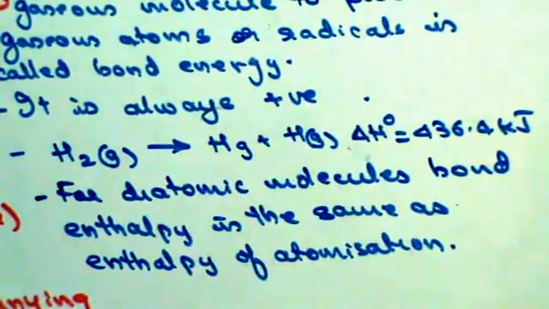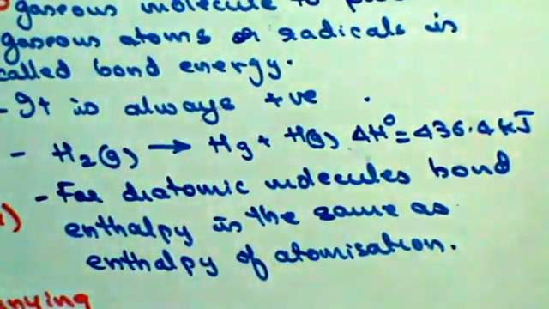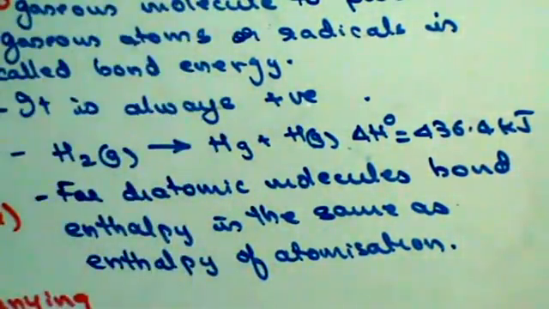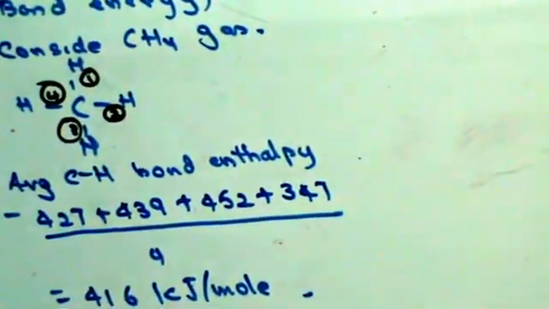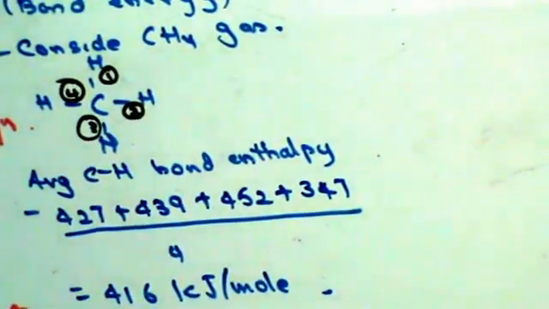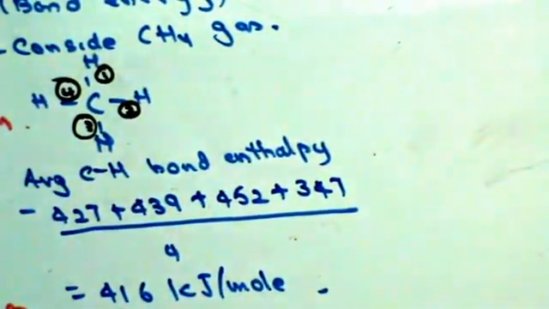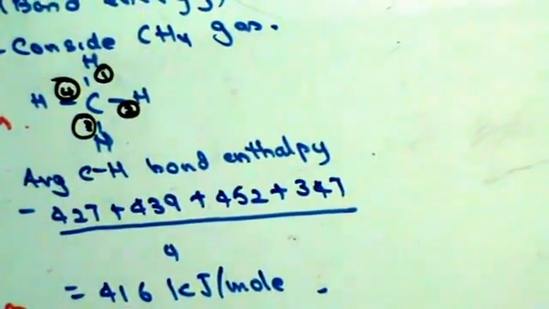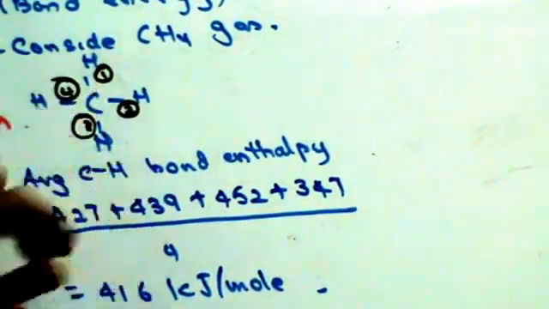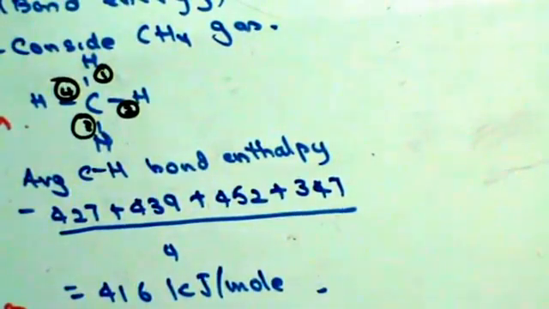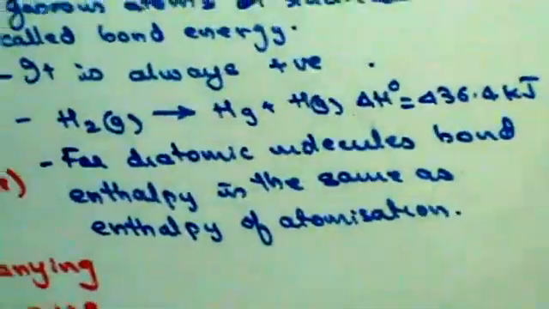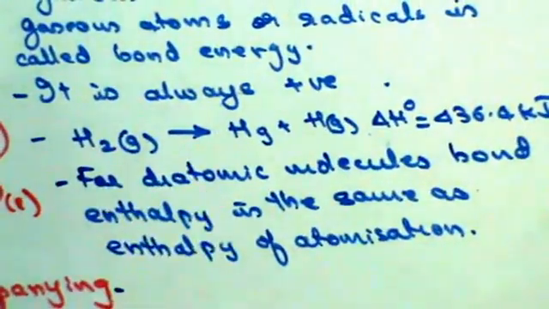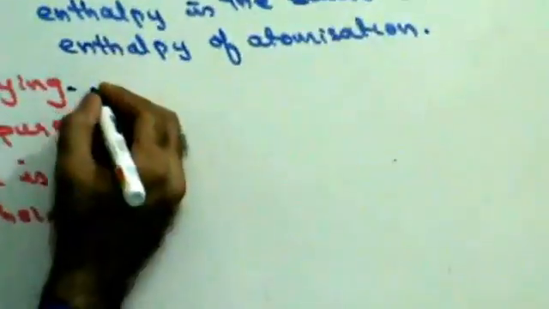That means, like I showed you in the case of methane gas, if the energy required to break one CH bond is 427, and if there are 4 CH bonds, that does not mean that my total energy is going to be 427 into 4, because different bonds require different amounts of energy to break. Fine, do we get this thing here? So do we understand this? What is bond energy? For polyatomic molecules,